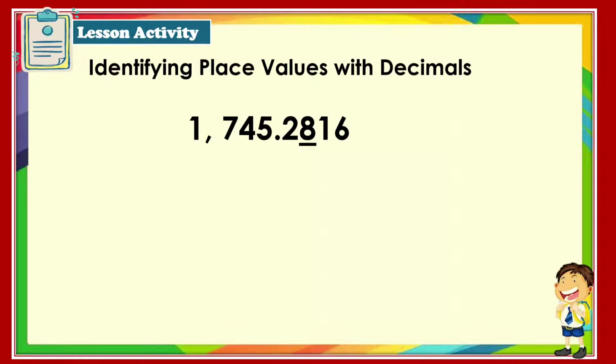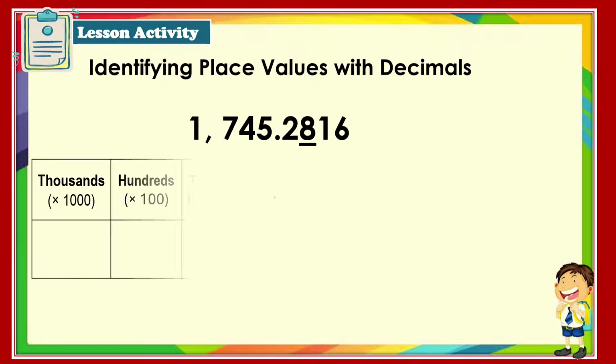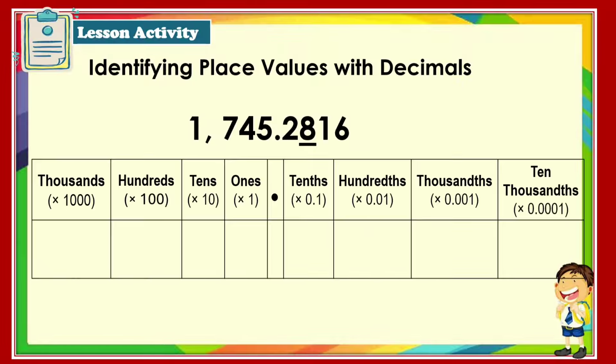And to answer the question, what is the place value and the value of the underlying digit, we can use the place value chart. But before that, let's put all the digits in the place value chart, starting from the decimal point, which is the point of reference, and then going to the left of the decimal point are the whole number part. So let's start with the ones place. So there are 5 ones, and then there are 4 tens, there are 7 hundreds, and 1 thousands.